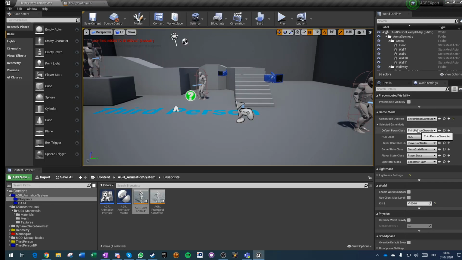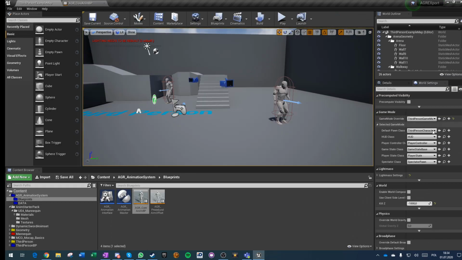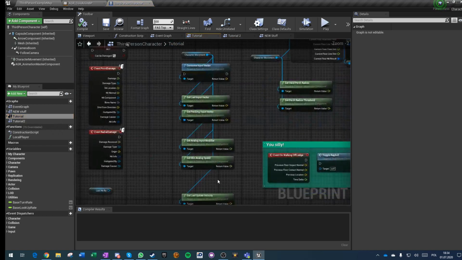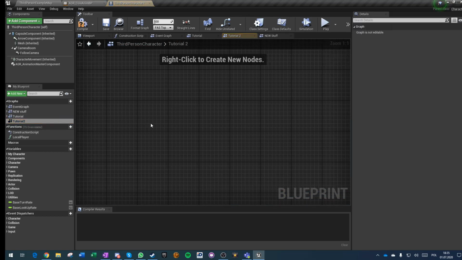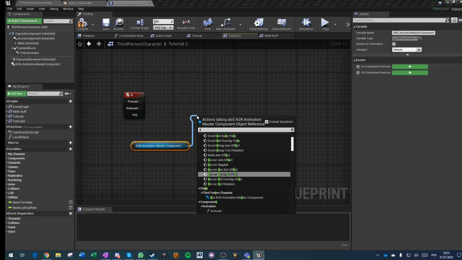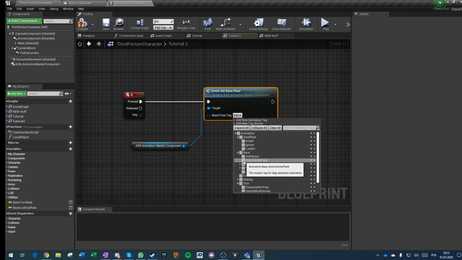So let's run again with our third-person character. Bam, bam. Okay. And let's say that now the third-person character, we go to tutorial 2. We'll copy from here Q that we wanted, and we'll take our animation master component, set up event set base pose. Okay, and on base pose we are changing the tag to